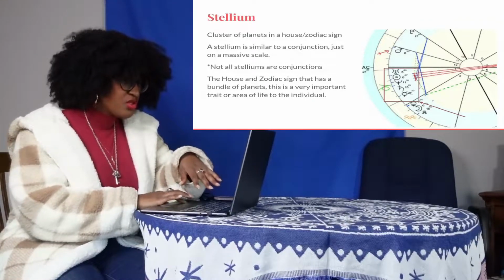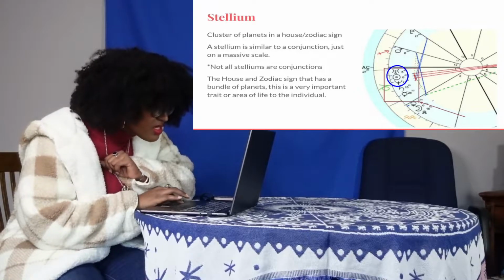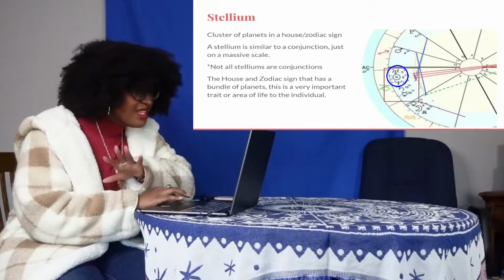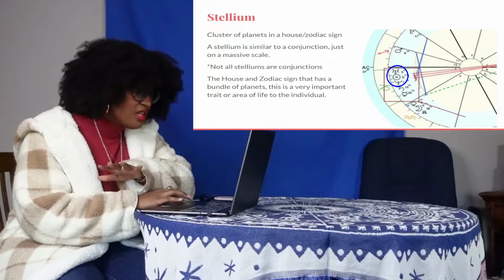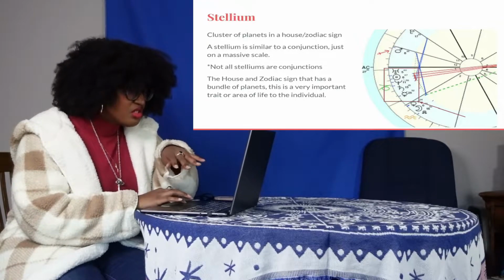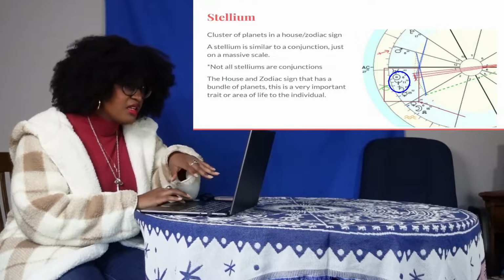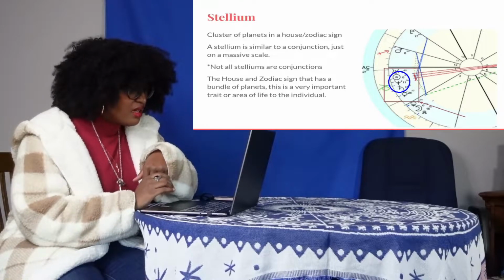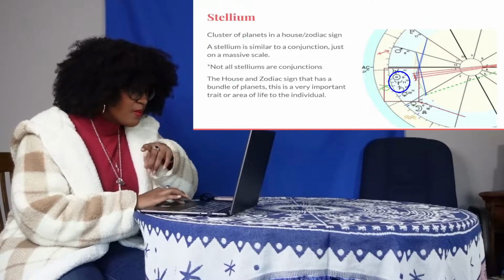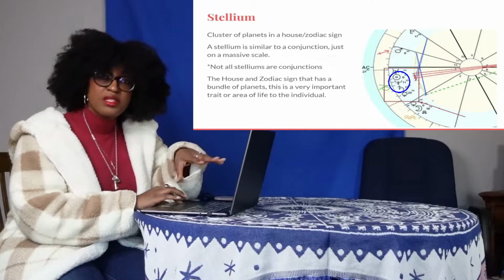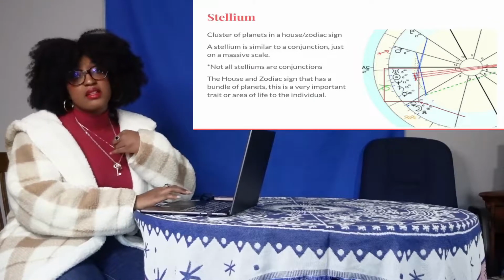So as you see in this picture right here, I don't even know what symbol that is. I'm going to assume that's a 6. So we have 6 degrees Sun and then 5 degrees Neptune. That's a conjunction. But the conjunction isn't with the Sun and the 11 degrees Neptune because that's too far away.